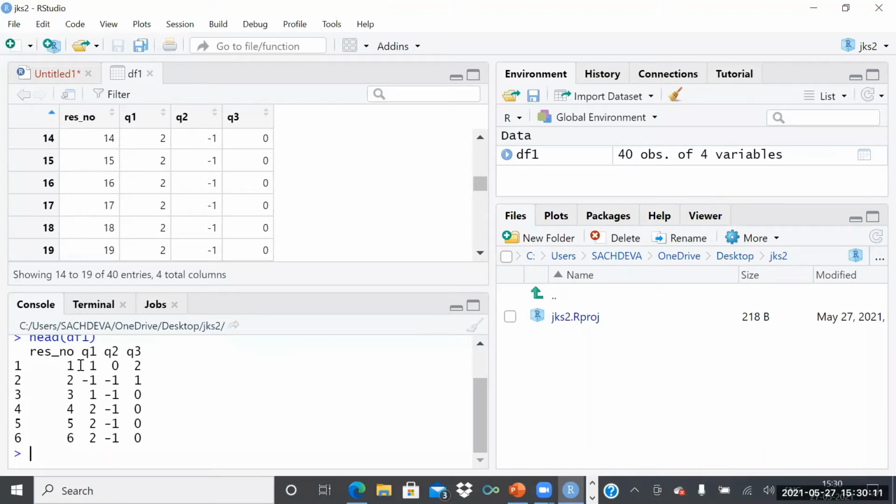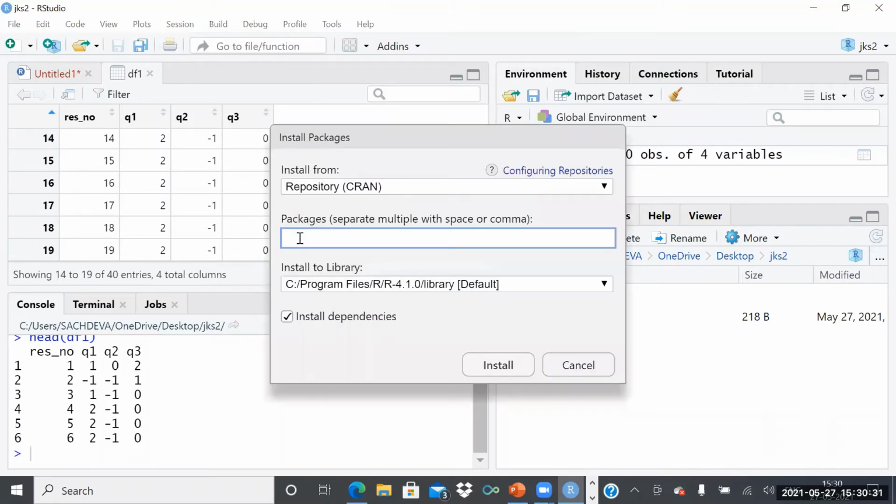Okay. Now let us see. I have not installed the packages. I want the packages to be installed. So I'll go to Tools, Install Packages, or I can write install packages from CRAN.